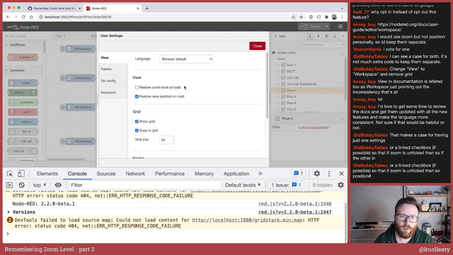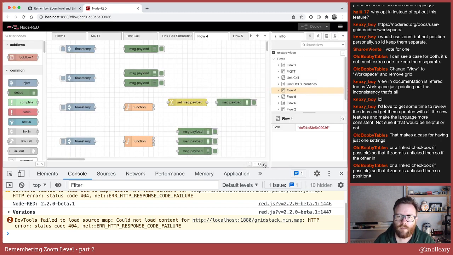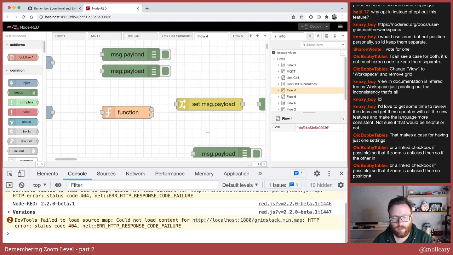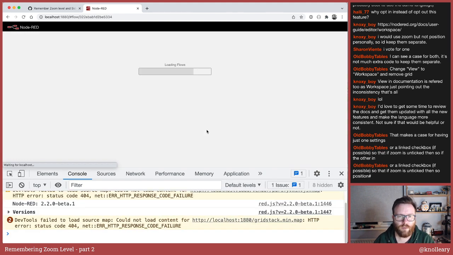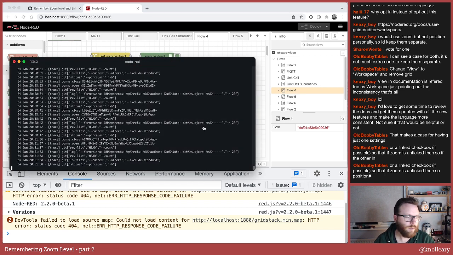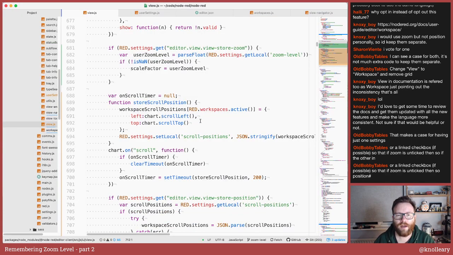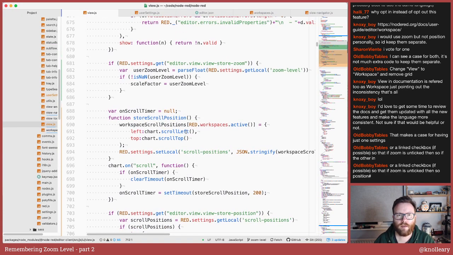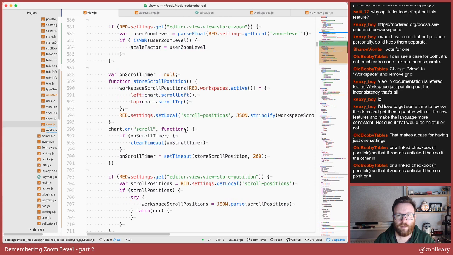Remembering your position but not the zoom, and you have zoomed in when you reload. It feels a bit artificial, a problem to try and engineer a solution for. I think I can live with that. Okay.